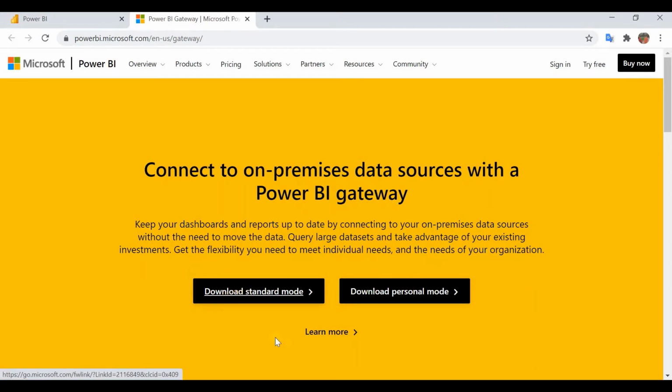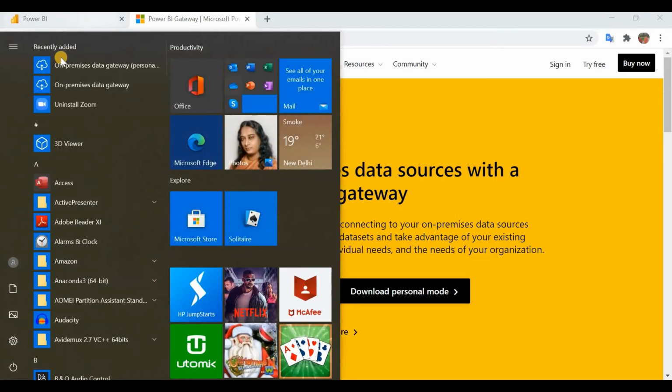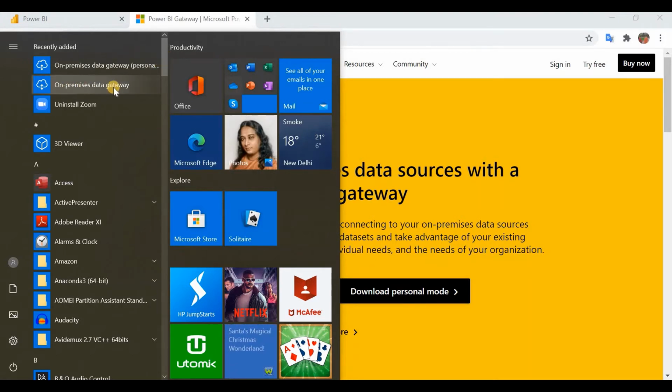One is download standard mode and the other is download personal mode. So I have downloaded both of these. The installation process is fairly simple, and once you download, you can see on-premises data gateway personal mode and on-premises data gateway, this is the standard mode, so you can see both here.